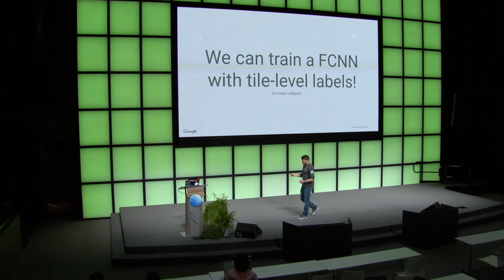So one thing that's important here, and we talked a little bit about this in machine learning best practices, is that we can actually train these FCNNs with tile-level labels. And there's no reason that just because we don't reduce the spatial dimensionality of an FCNN, a fully convolutional neural network, that we can't also use labels as training data to build some multi-class learner or multitask learner.